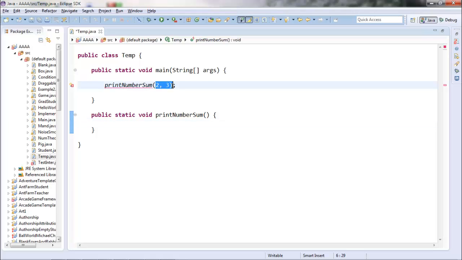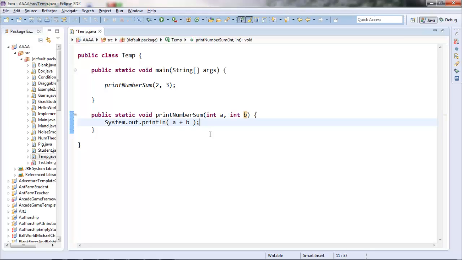There's a special way that methods gain access to their inputs. I want these two numbers to get copied down inside my method somehow. If you declare two variables right up here inside these parentheses, these values will automatically get copied into these variables whenever you run the command. So it looks like these two numbers are ints, so let's call them A and B. And let's display